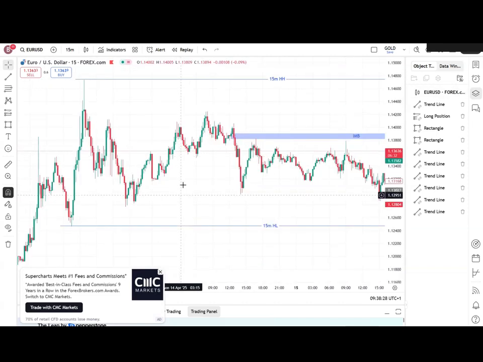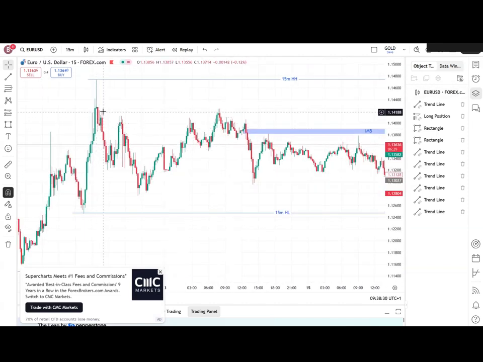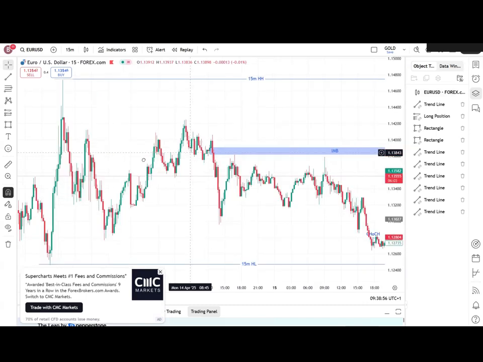Then on the pullback on the order flow, low low, low high, low high, low low, low high, low low, low high, low low, change of character, pullback, break of structure to the upside again, pullback, higher high, higher low, higher high, then the change of character again to the downside,